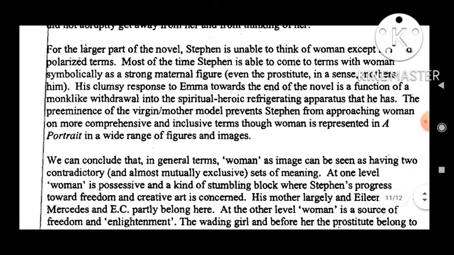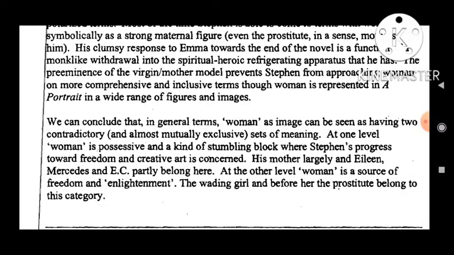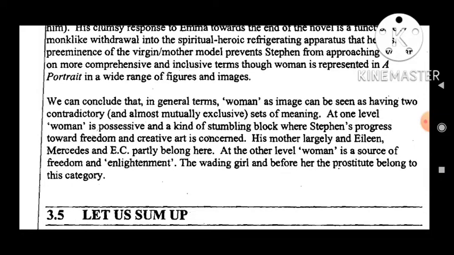For the larger part of the novel, Stephen is unable to think of women except in fixed, polarized terms. Most of the time, Stephen is able to come to terms with women only symbolically, as a strong maternal figure. Even the prostitute in a sense mothers him. His clumsy response to Emma towards the end of the novel is a function of his monk-like withdrawal into the spiritual-heroic refrigerating apparatus that he has. The preeminence of the virgin or mother model prevents Stephen from approaching women on more comprehensive and inclusive terms,